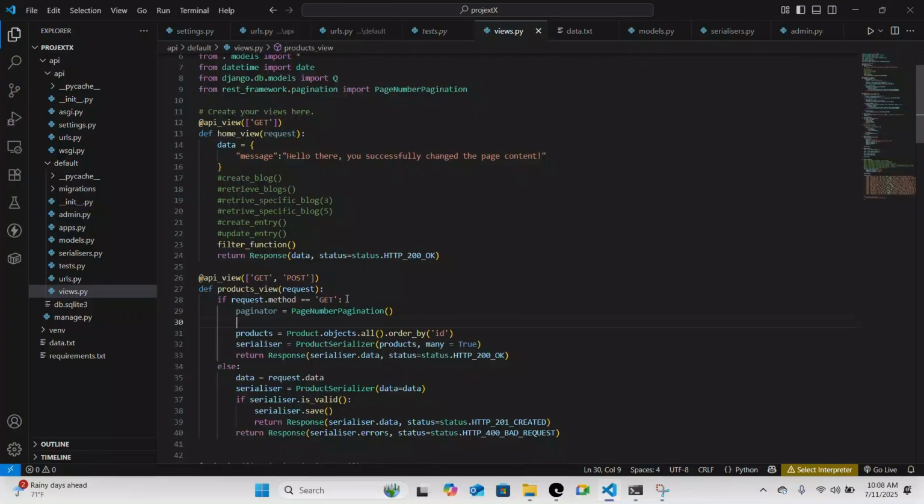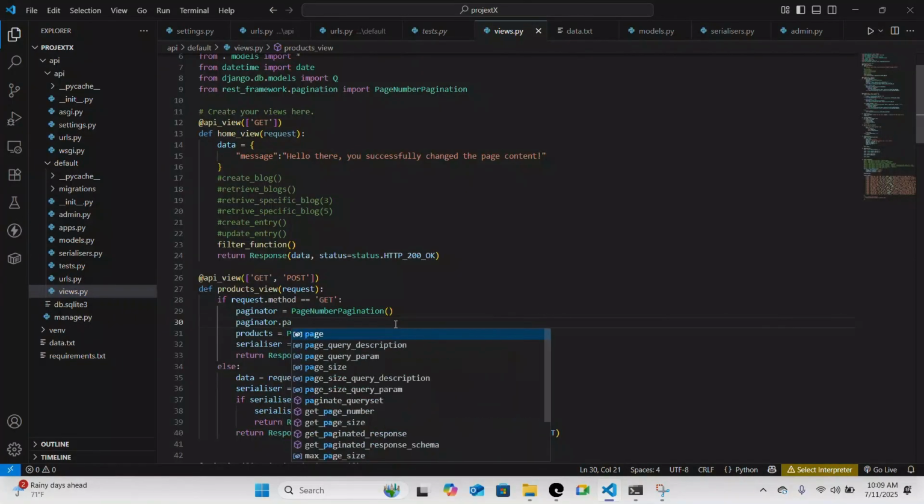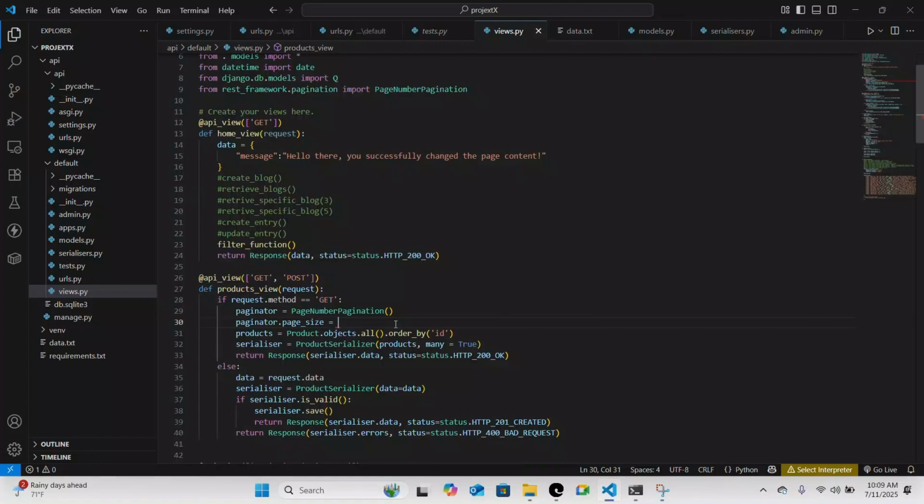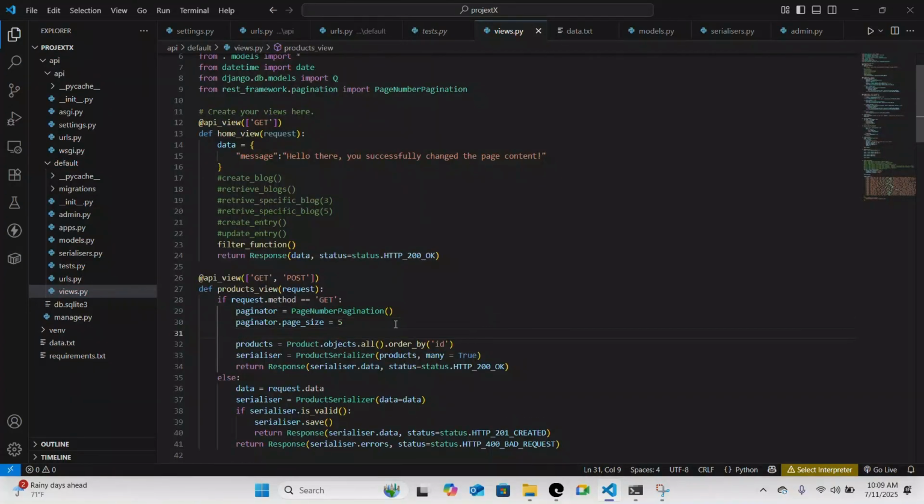After specifying this, I can create the page size I want to return for each of these items. So I'll say my paginator.page_size is equal to maybe 5. When I say 5, ideally I mean I want to return 5 items per page. After specifying that, I have to come and